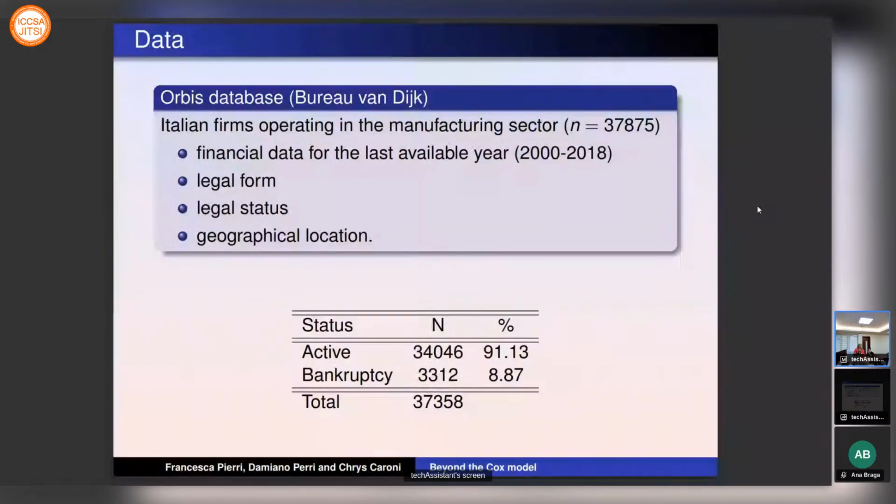So the data used are collected from the Orbis database, and we consider Italian firms operating in the manufacturing sector. We have financial data for the last available year in the period 2000-2018. We know the legal form, the legal status, and the geographical location of these firms. Here there is a description of the active and bankrupt firms, and you see that the data are unbalanced,